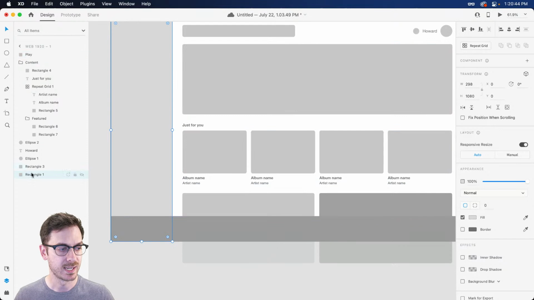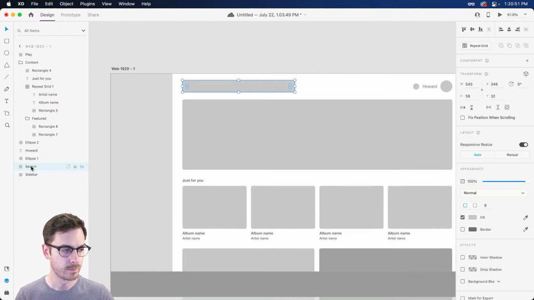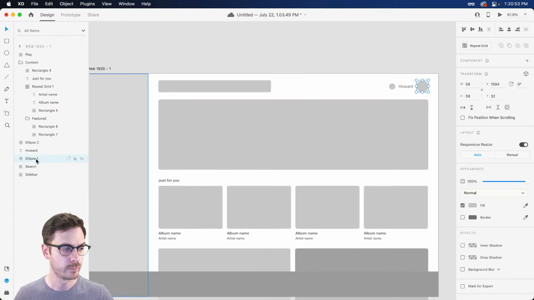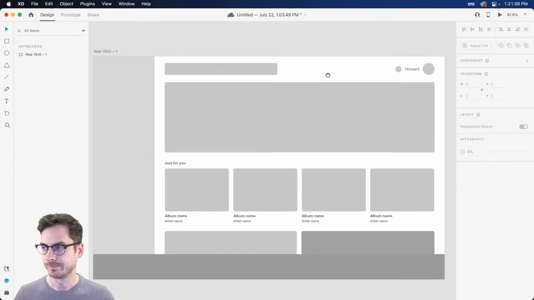I'm going to name some of these layers just so that I keep things nice and organized. Sidebar, and this up here is our search. And then we've got our profile, and then notification. Did I spell that right? I didn't. Notifications. All right.